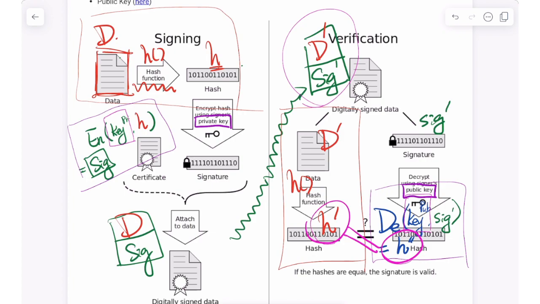If your digital document has been changed, then the corresponding hash value will not be exactly the same as this one, hash double prime. If your signature has been changed, then your hash double prime will not be exactly the same as hash prime. If both your digital signature and your document have been changed by the hackers,